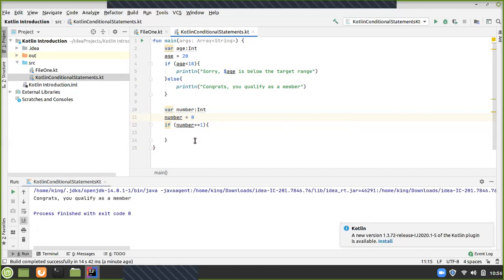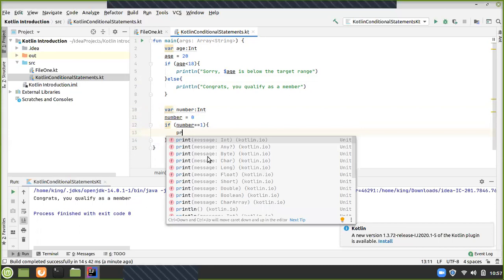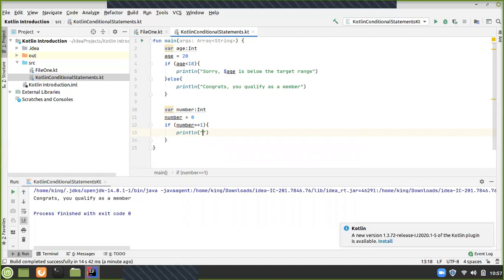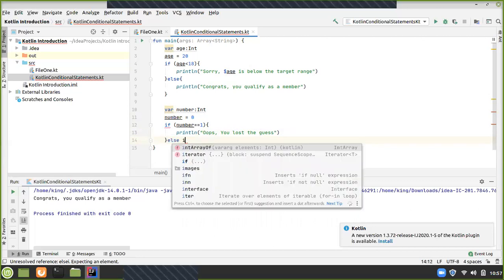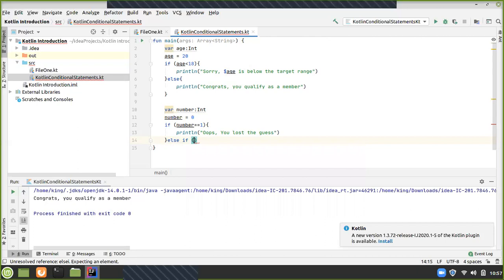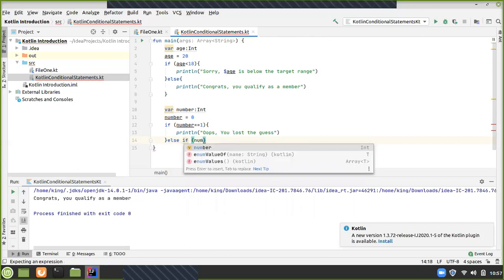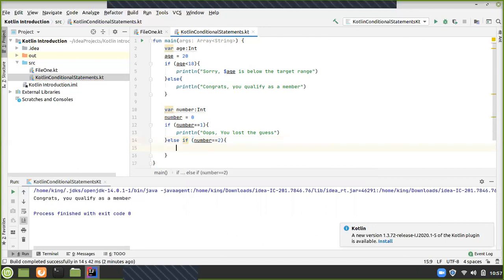If number is 1, then just print line and say maybe something like oops, you lost the guess, else if number equals to 2, we can print line and say oops, you lost the guess, then else